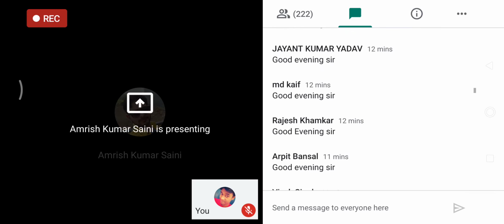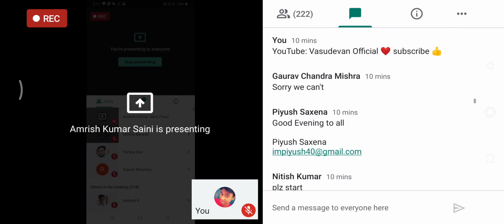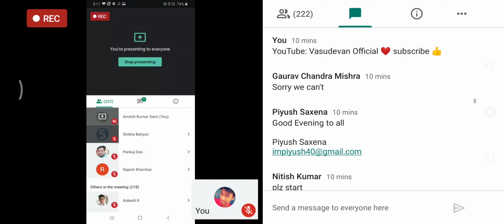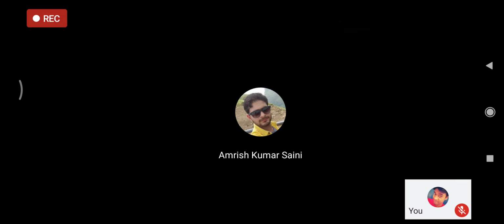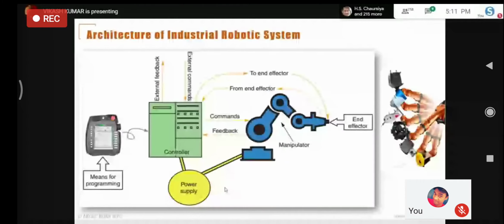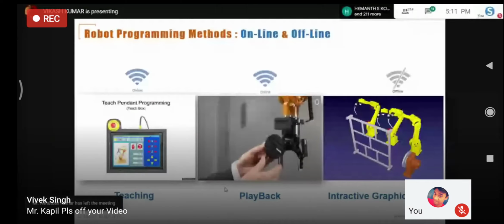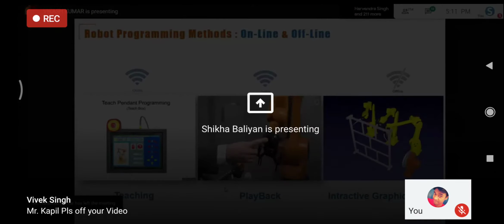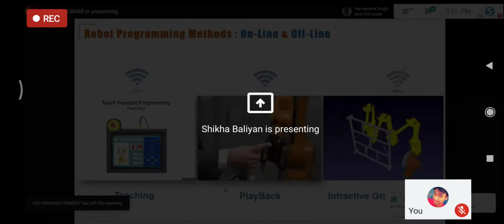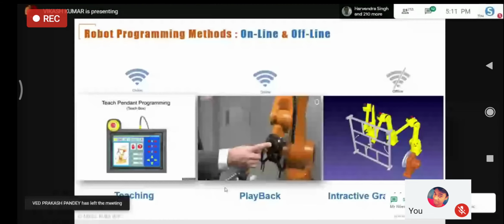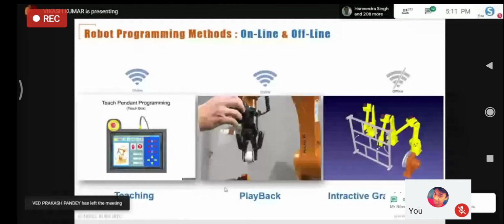The method that comes under online. Second is the playback method, which comes under online. And third one is offline.